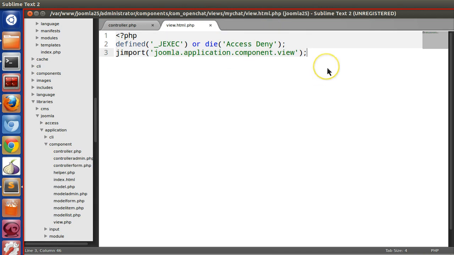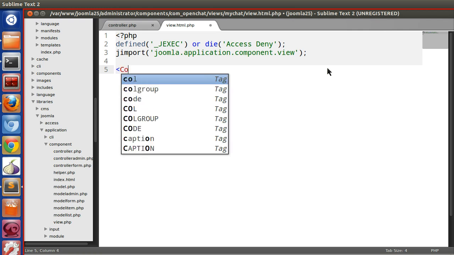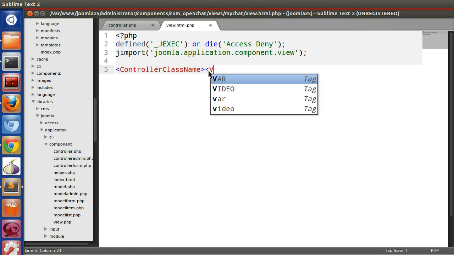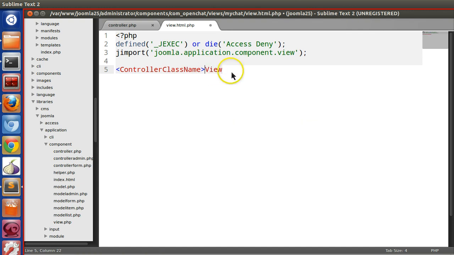So let's create a class. In the view class we have to follow some naming convention. What would be the naming convention? At first you have to specify the component name, that is the controller class name, then view, then our view name.